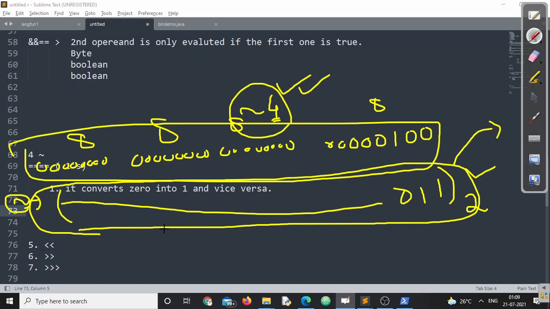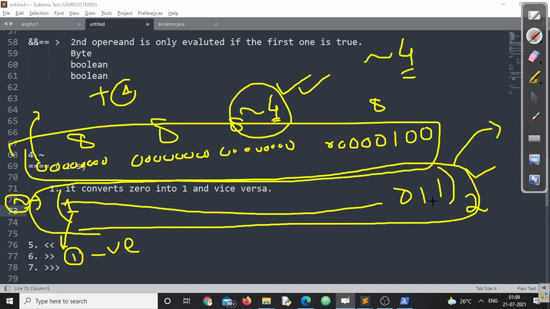Now if you observe here, the most significant bit for 4 is 0. That means this is positive. Once I have taken the ones complement, this 0 becomes 1. Since the leading digit is 1, the number is a negative number. Make sure you understand this point. This is very, very vital. Otherwise, you could not find out the exact value of the ones complement of 4 in Java, right?